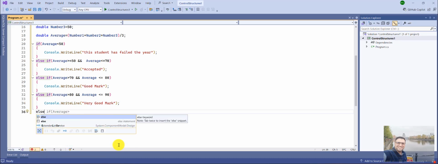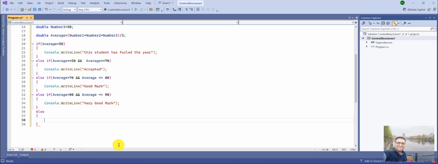And else average is more than 90, but we can just add else because this is the only case left, or we can just add else if and then average more than 90 and less than 100, then console.WriteLine